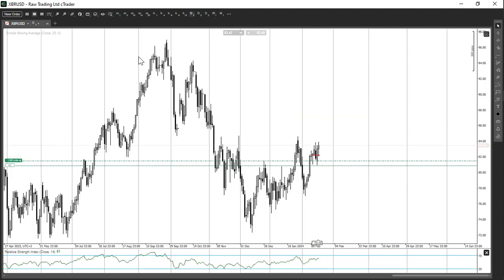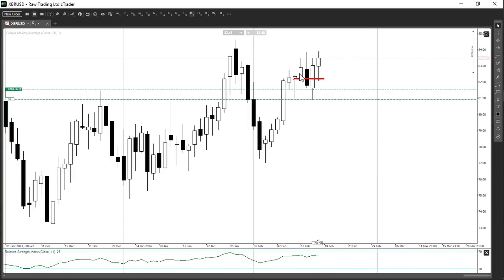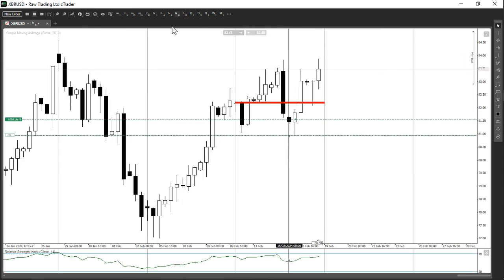So let's quickly go into the daily time frame, right? If we go into the daily time frame, we can see that we had a pullback on the daily, which is a bearish close. Then I was looking to trade the next day, which would have been Thursday here. So just go into the lower time frames. I went to the 12 hour, I went to the 8 hour, and I was looking for what? A simple